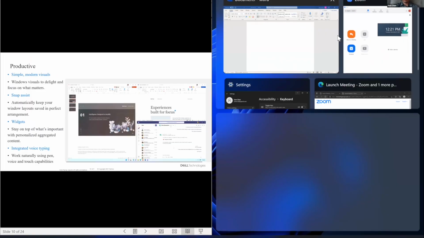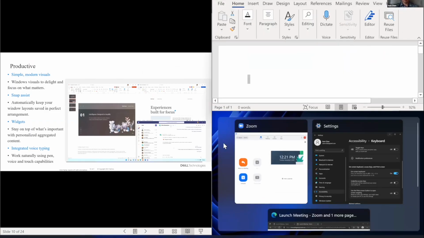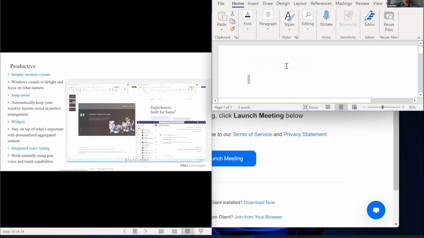And then it will show which windows are left that you want to put on the upper right. For example, I want to put Word on the upper right, and also the last one will be here. So it can help you organize and see; you don't need to personally adjust the windows to fit your small screen. Windows 11 will automatically lay this out for you.